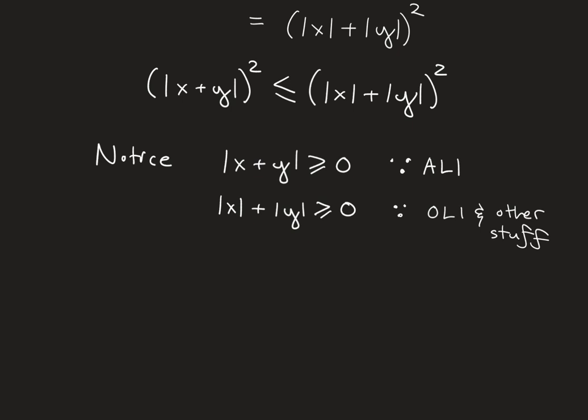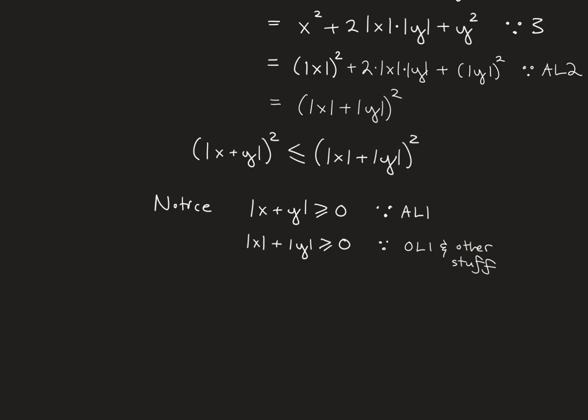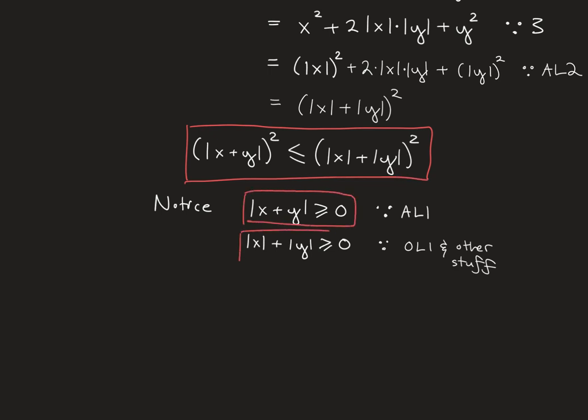All right, so why am I saying that these things have to be bigger than 0? Because here's what I have. So here's the 3 statements. I have this statement. I have this statement. And I have this statement. And if you look at OL7, I'll write it down because it's so crucial. OL7 says that if